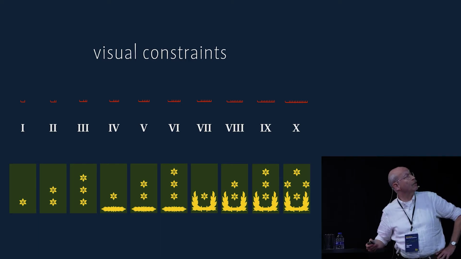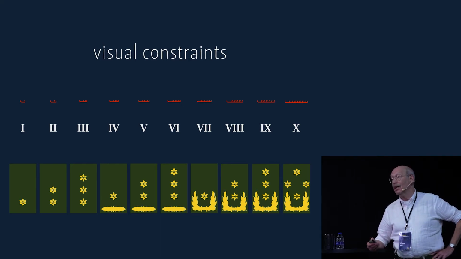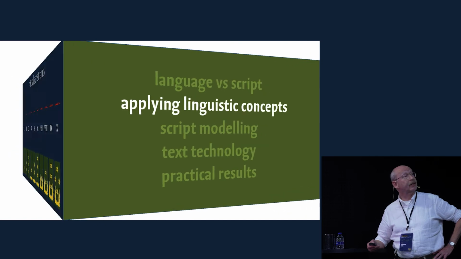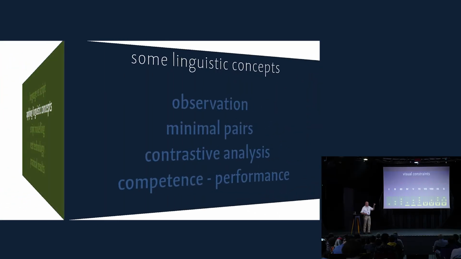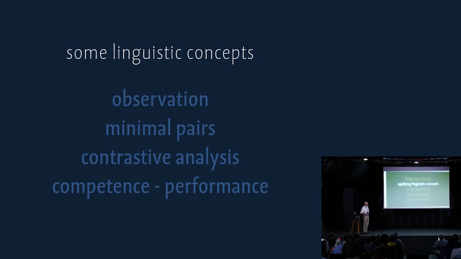It's a little small, but these little red ones are the undotted letters ba in a simplified Arabic script. And the point I'm making is that if you have a long word where there are noons, tes, and bes, your mind is not able to process it. So back to applying linguistic concepts,